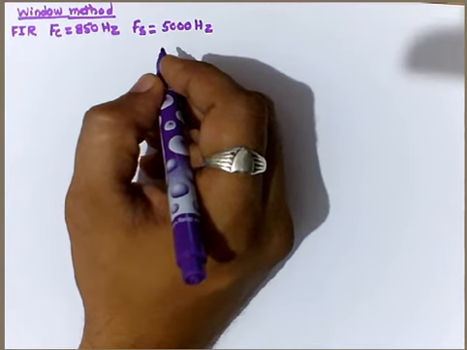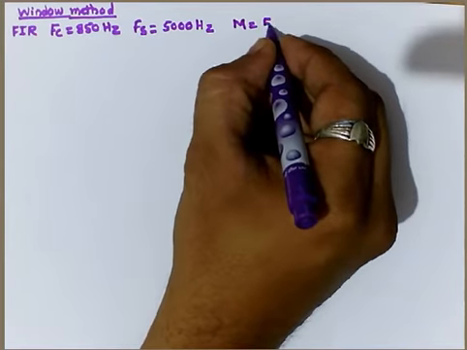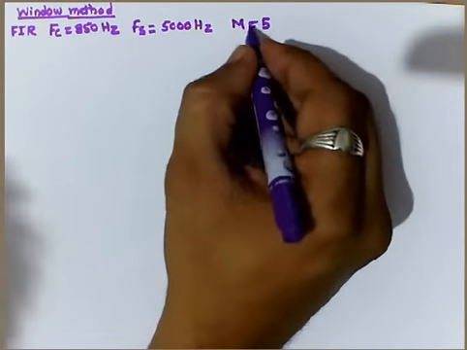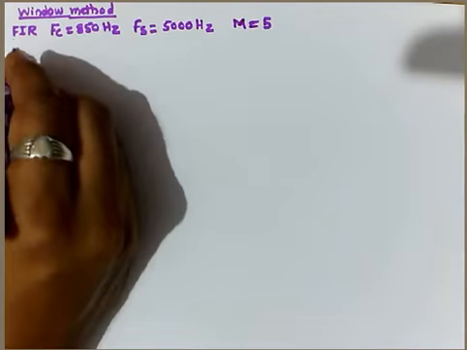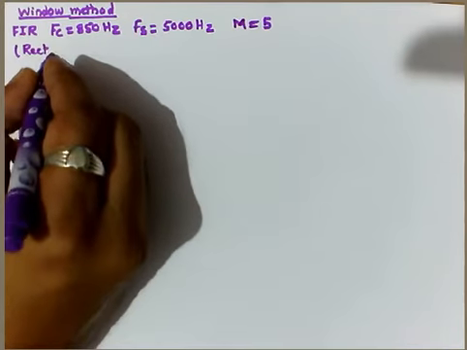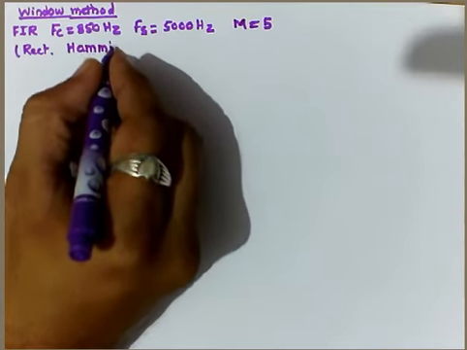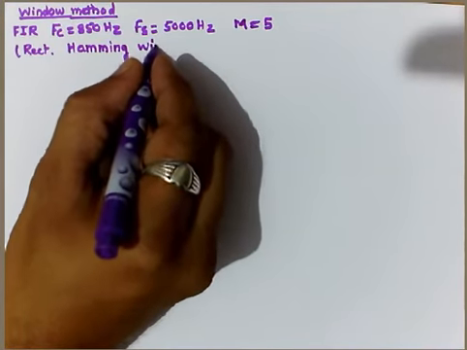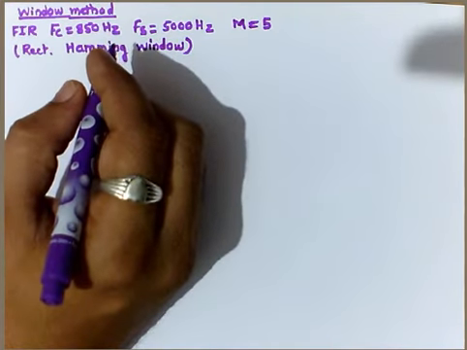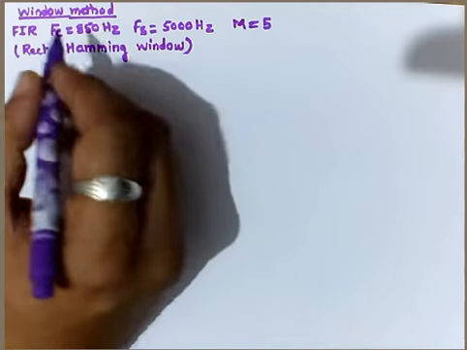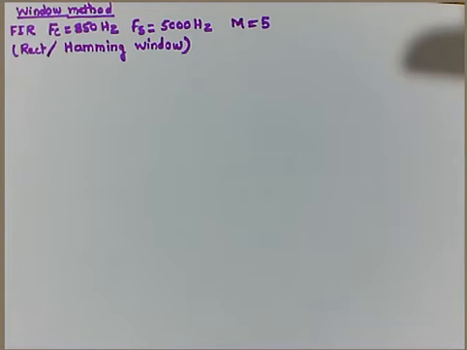The length of the impulse response, which obviously means the length of the filter, is M equal to 5. So capital M is given as 5. Now let's use either the rectangular window or the Hamming window. It is asked to use either the rectangular or the Hamming window technique, but we will proceed with both techniques and cross check the result. That is how we can compare the two window techniques also. Let's proceed to solve this problem.